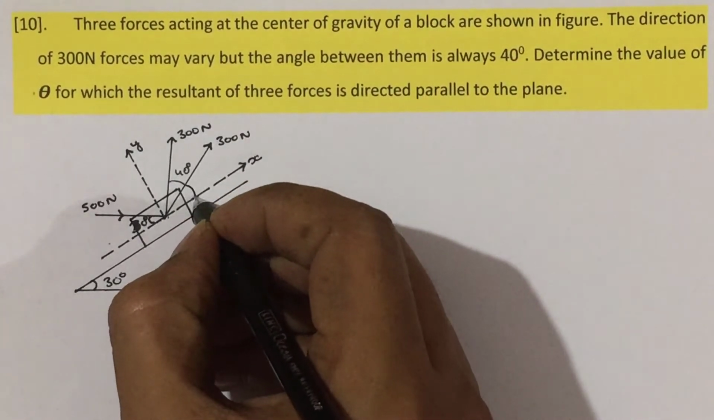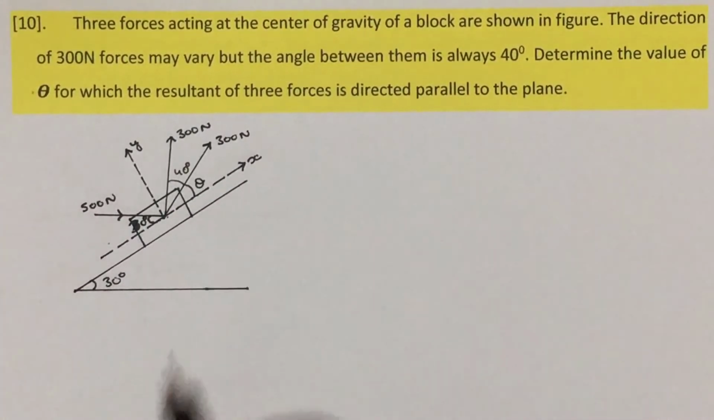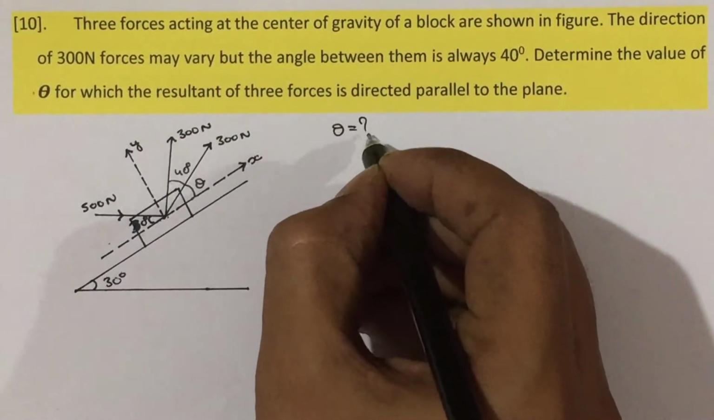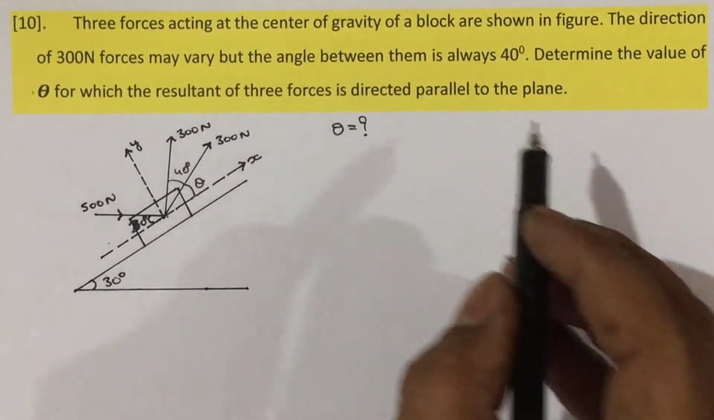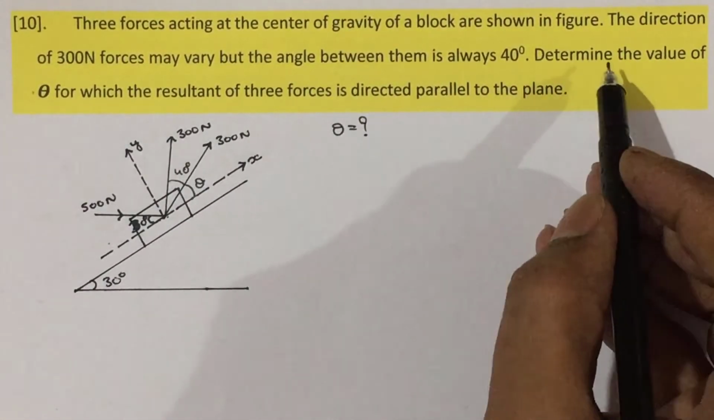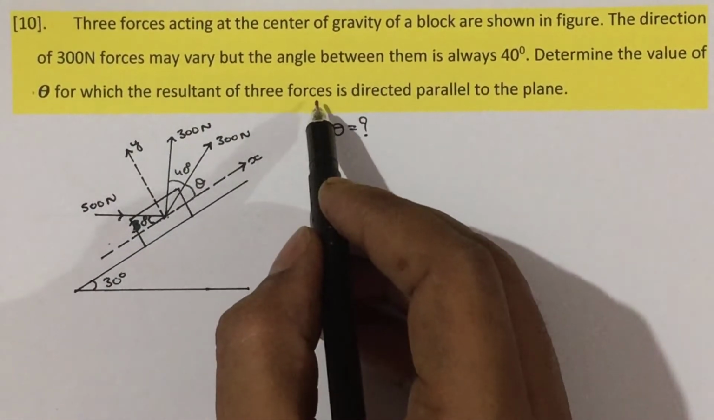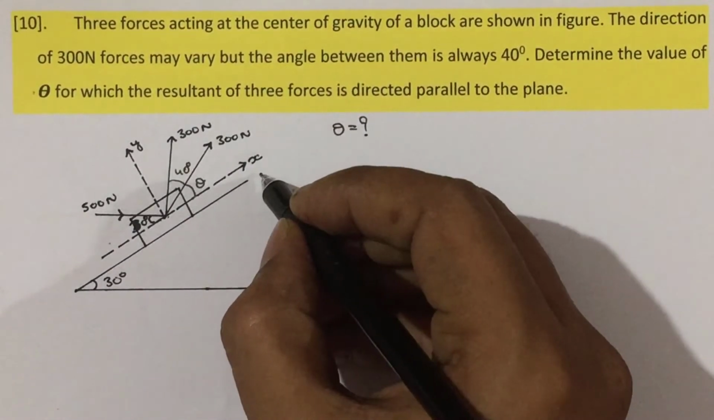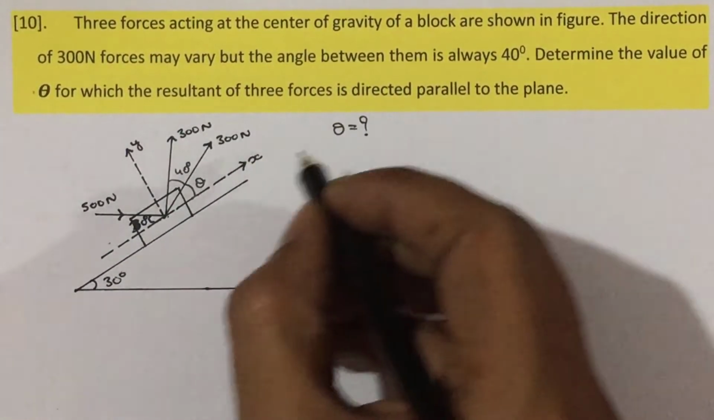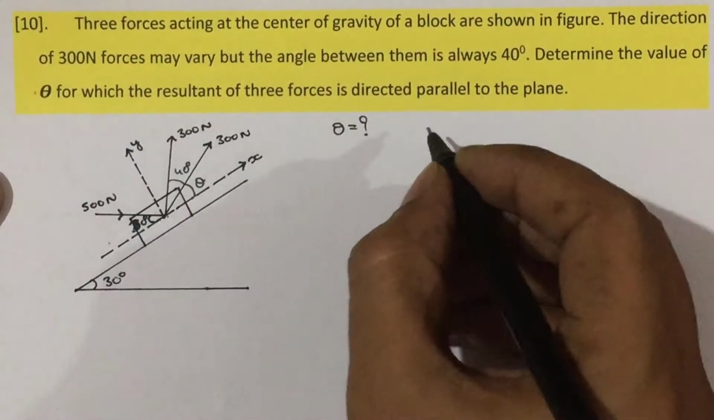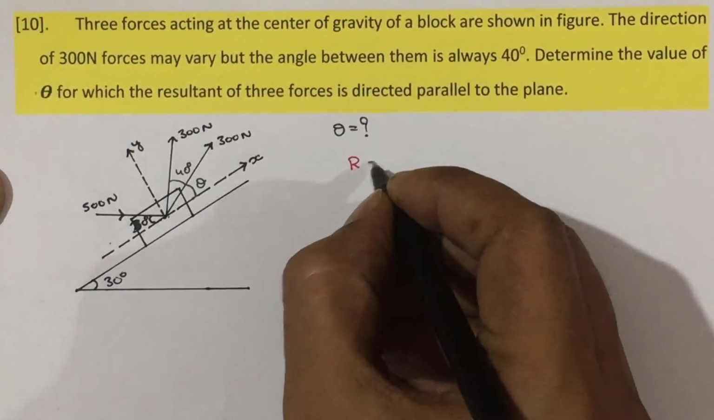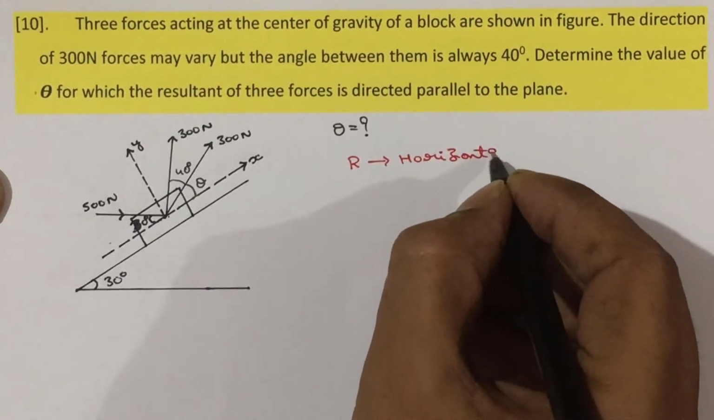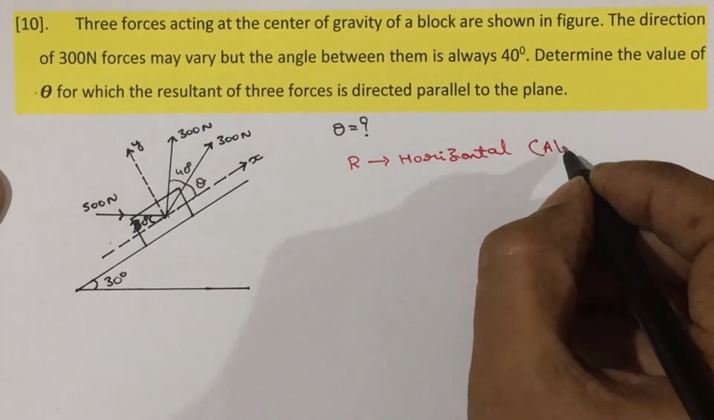It is not written, actually, this is the value of theta. We need to find theta. And here the data given is that the resultant of these three forces is directed parallel to the plane, along this inclined plane, along the x axis. So here the resultant is horizontal, that is nothing but along the x axis,